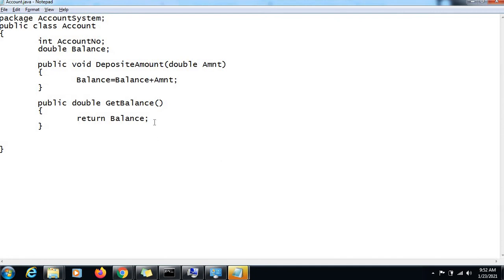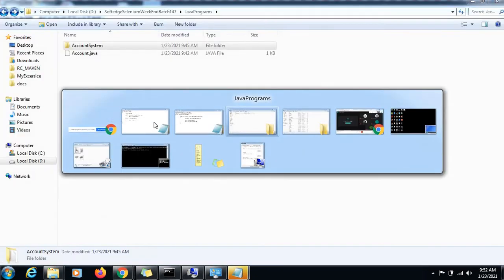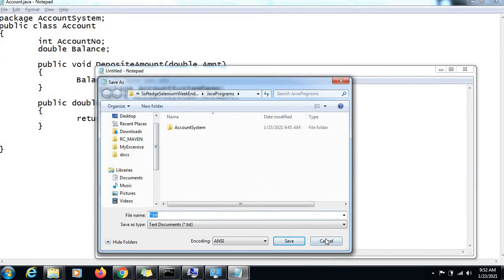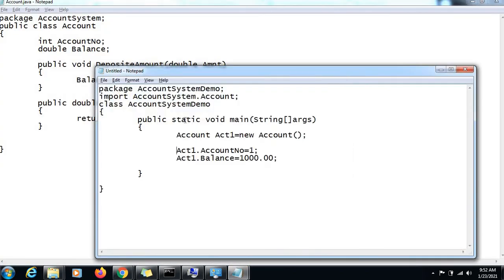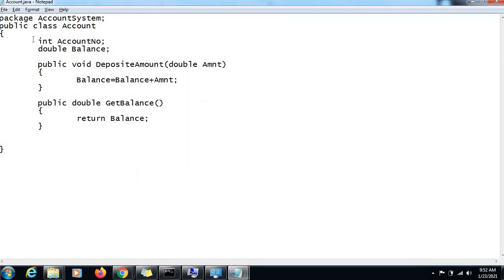But right now we need to access these members in another class, a class which is in some different package. So if this class wants to access these variables, then they need to be defined with the public access specifier, which the class has not done.